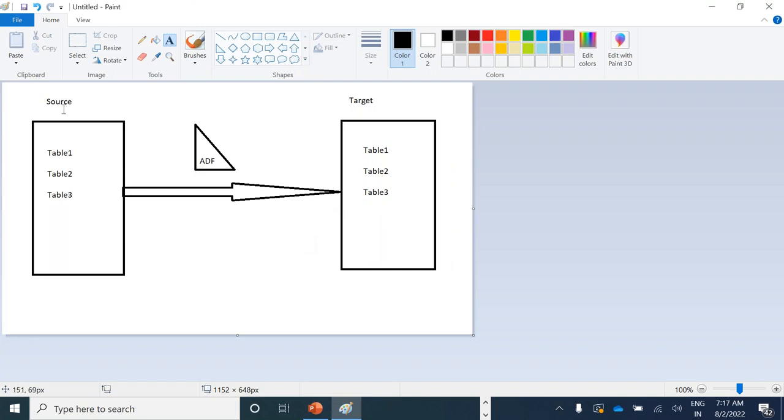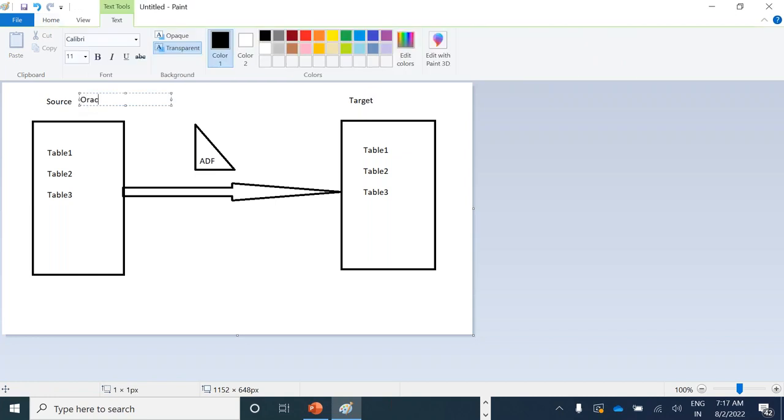This is my source DB and this is my target database. This source DB might be, for example, Oracle DB, and the target might be SQL DB, okay, so Azure SQL DB. So this is the source system, an Oracle database, and this is the target, an Azure SQL database. Okay, you want to move table 1 and table 2 to the target. You don't want table 3 to be loaded into the target, so you want to load only